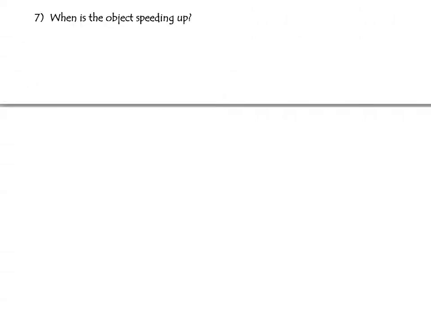Number 7 asks us, when is the object speeding up? Remember, speed and velocity are a little bit different. Speed does not take into account direction. So speeding up could be to the right or to the left. To be speeding up, that is when